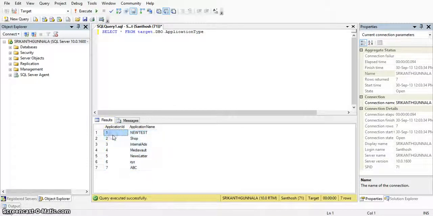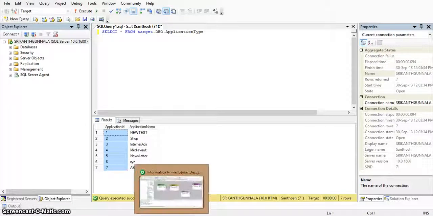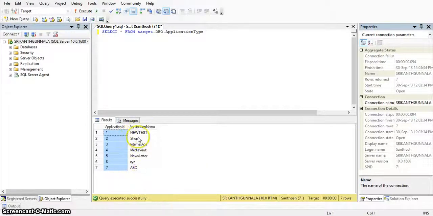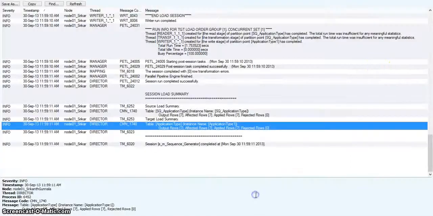Here for application ID we have given the sequence, so these 7 records are loaded. If you run the same session again, the same application names will be loaded and the application ID will be different, like the application ID will start from 8. So now I am running the same session.